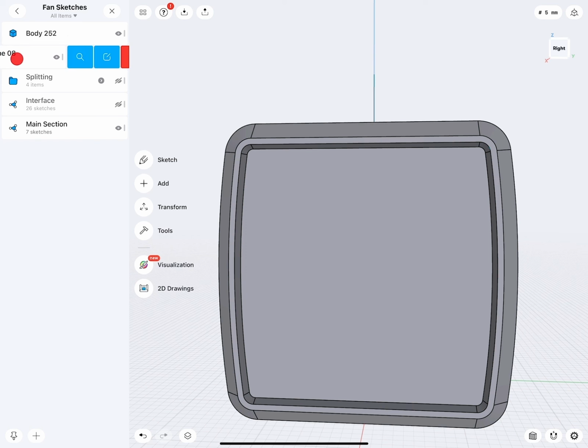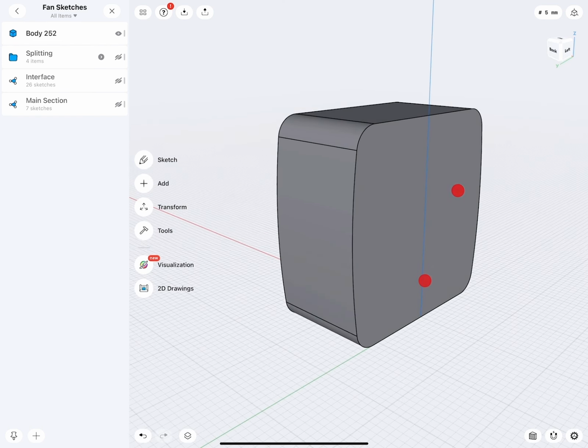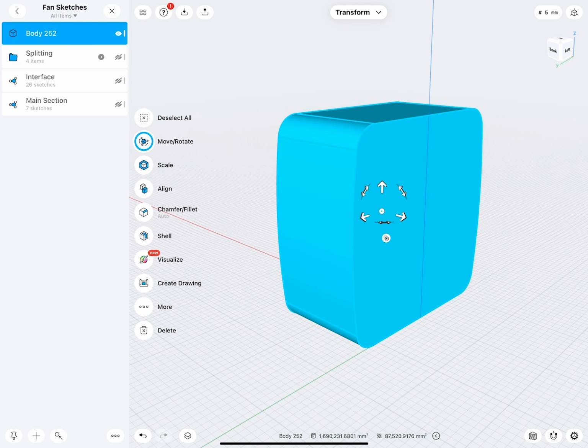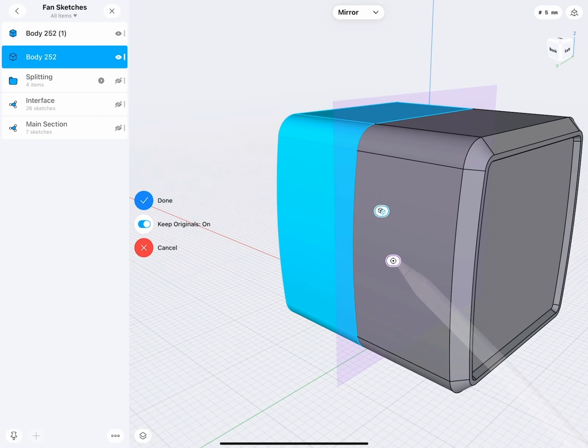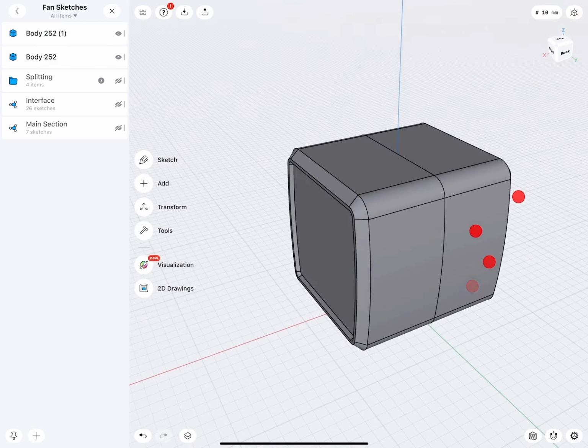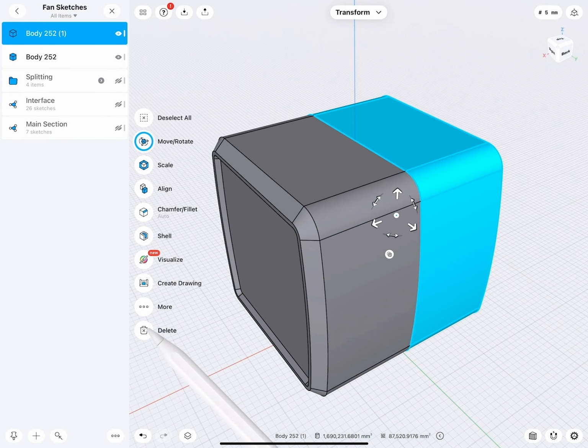Okay, so these elements are kind of done. So what do we have now? We have half of our design. I can do a quick study. I will go to mirror, go to here. There we are. Now this looks actually pretty good. So the volume is fine. I will delete this one.